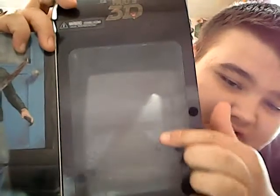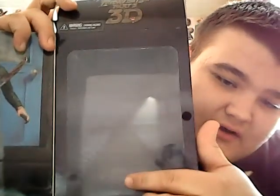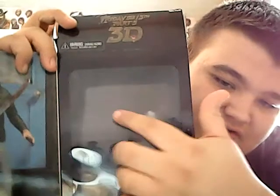But there's a dock right there. There's the lake. There's the little light right here. It's pretty much a background, and I think it's pretty cool. So yeah, that's another thing about the box, just phenomenal artwork. It has a lot of good detail to it, and I think it's designed very well. To get to the actual figure,